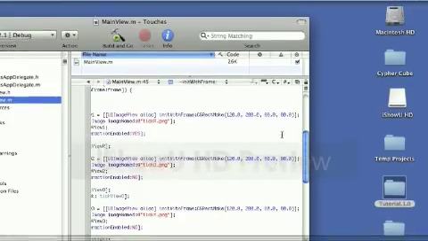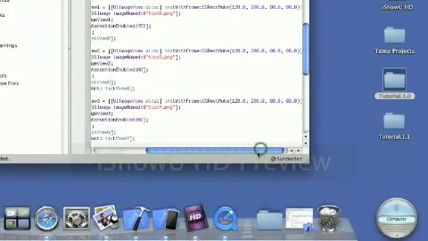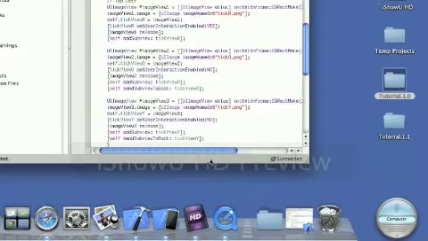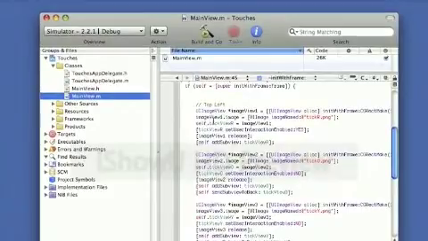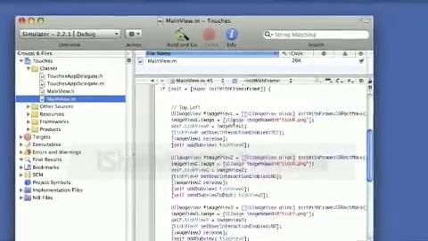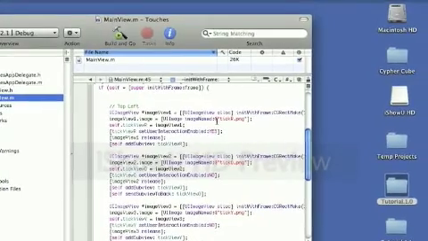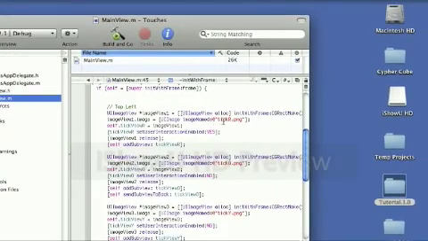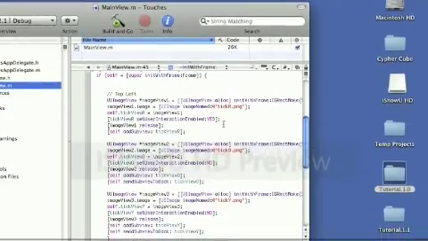Then the next two are for the size of the image, in which case we've determined a specific size here. And image view 1 dot image equals UIImage imageNamed, and this is where you put in the specific name. So this is tick R dot PNG, and PNG is the preferred file format for the